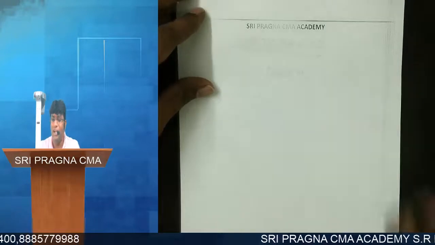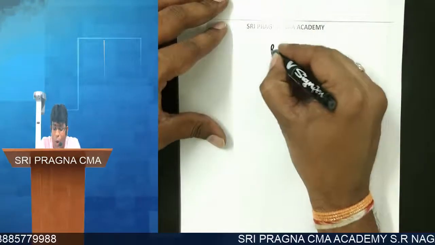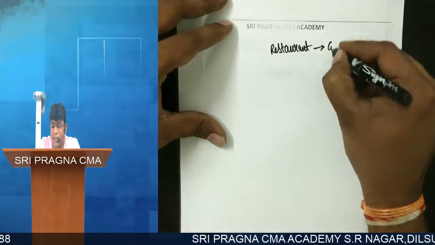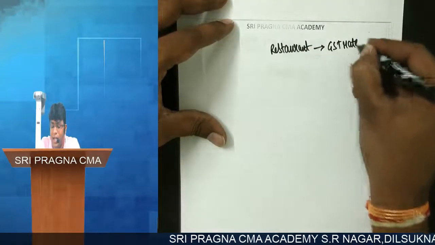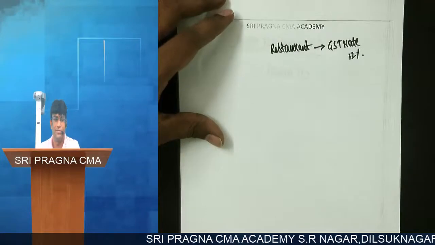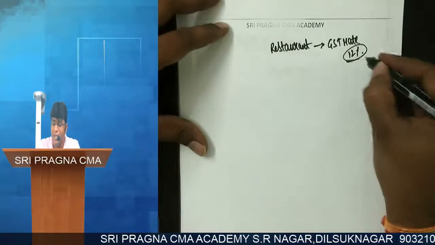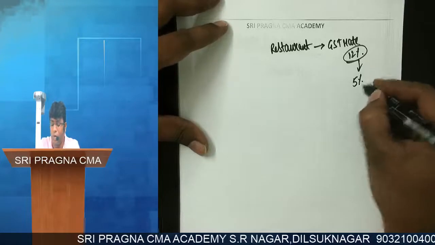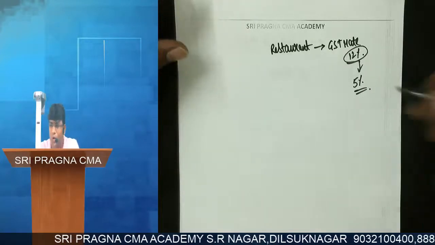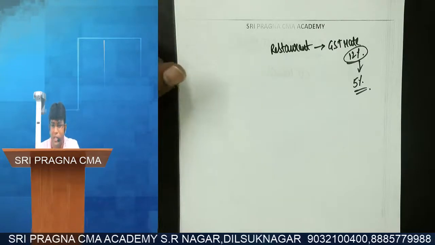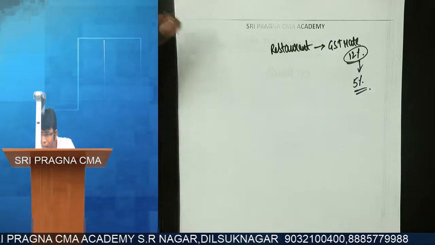Sir, originally when GST has come, I repeat, originally when GST has come, restaurant GST rate was actually 12%. Subsequently, this 12% rate was changed to 5%, which is there right now. You all know that when we go to a restaurant, they will charge 2.5% and 2.5%. Correct, right? We know this.